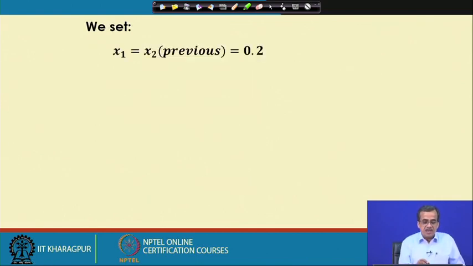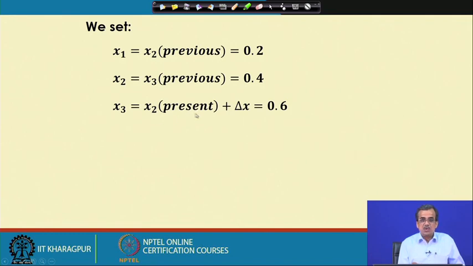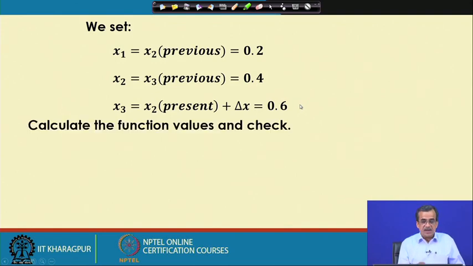Next, we set x 1 equals x 2 previous, that is 0.2, x 2 equals x 3 previous, that is 0.4, and x 3 equals x 2 present plus delta x, that is 0.6. And once again we calculate the function values and check whether that particular condition is fulfilled or not. Now, for this particular function,